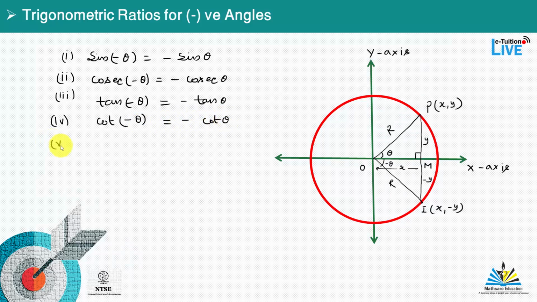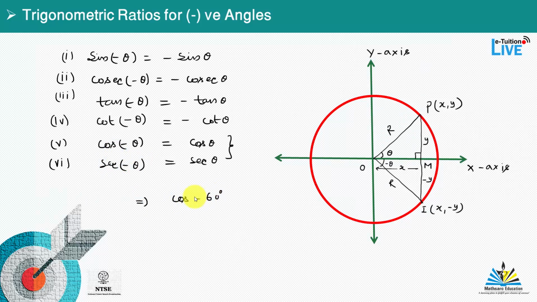And fifth one, cos of minus theta is equal to cos theta. And sixth one, sec of minus theta is equal to sec theta. So you can observe these are the only two trigonometric ratios where the negative sign is not affecting its value. This means that cos of minus 60 degree is the same as cos of 60 degree, and that is